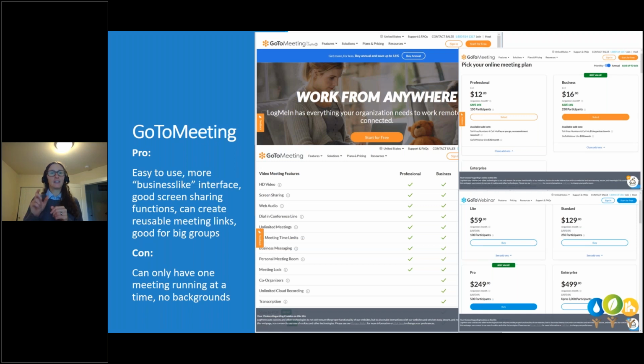GoToMeeting has a link, so it's a little bit easier for sometimes the folks to just click on a link and then it just opens an interface. Both of them are going to have pretty easy applications you can put on your phone, your iPad, or your computer, etc. to get in. GoToMeeting has a little bit easier phone function to get into, so it gives you a phone number and access code right on that meeting invite, whereas with Zoom, it's a little bit harder to get to that feature, and it's a paid feature. It is not free, so you do have to upgrade to get that phone option. Other ones like WebEx or Google Hangout or Google Meet, you actually have to call someone into a meeting.